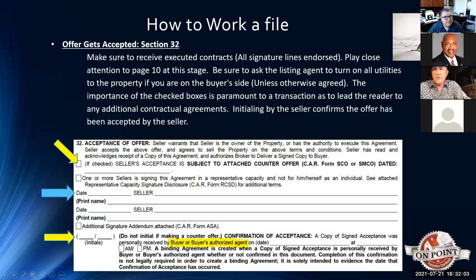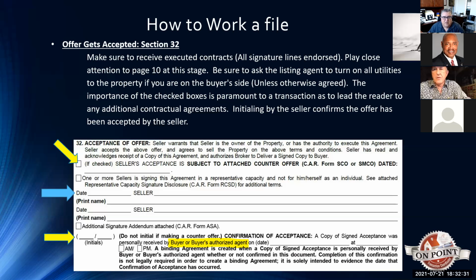The buyer can annotate right here or initial right here. Once they receive the offer back signed by the seller, this is where the buyer can confirm the acceptance. They don't have to confirm the acceptance, but this is where they can.